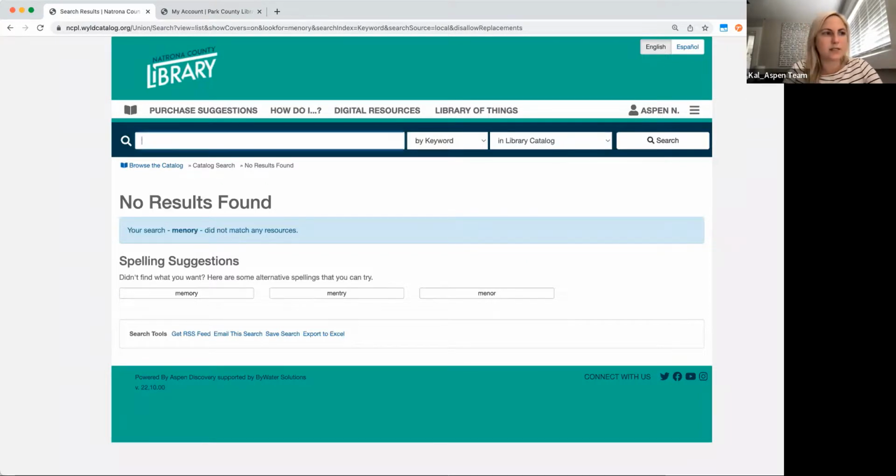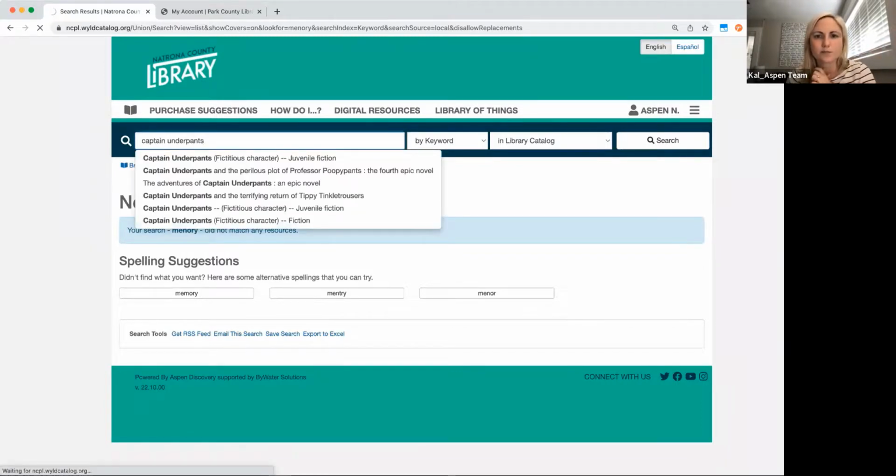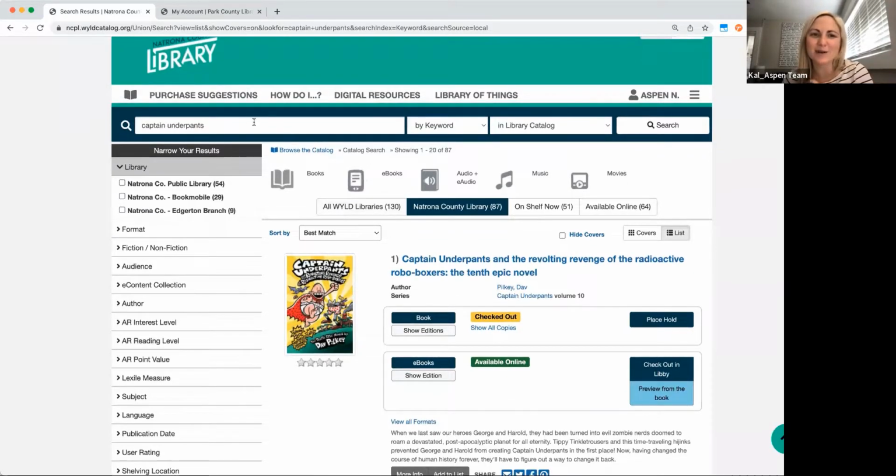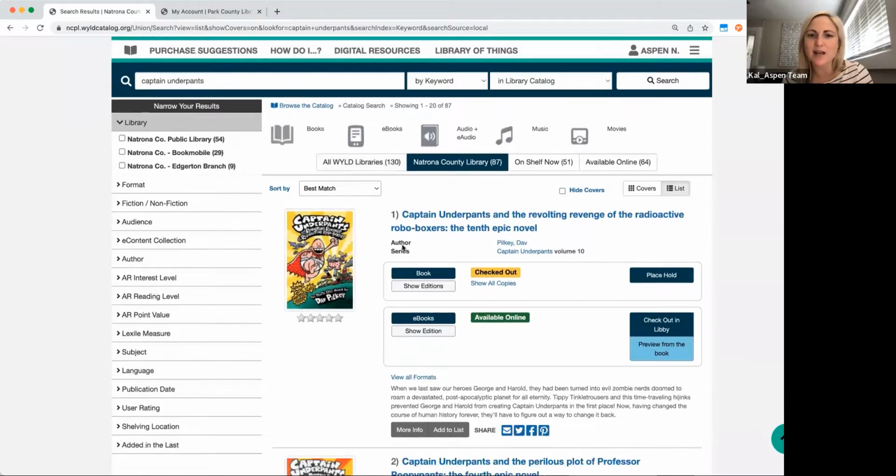We talked a little bit about series. Let's look at Captain Underpants and just do a keyword search. Okay, so I know that series can be challenging, especially if you're not a youth services librarian and you're trying to help someone with a series search. So I just did a keyword search for Captain Underpants.